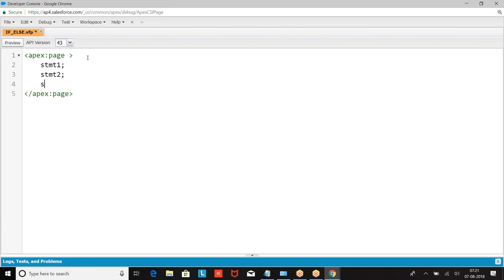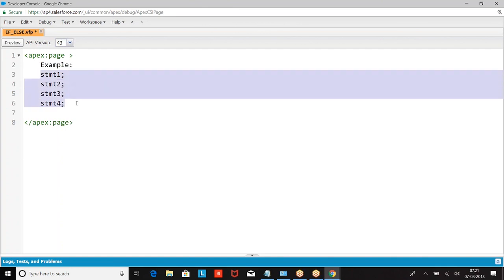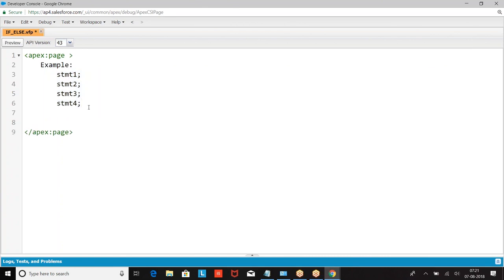Now look at this. If I have a program like this, statement 1, statement 2, statement 3, statement 4, and I execute it, what output will we get? They can be anything: a condition, a printing, anything.